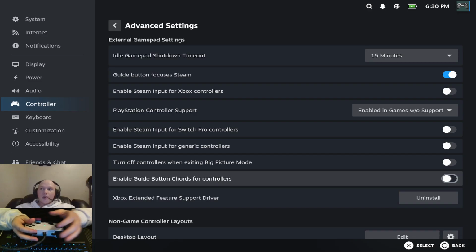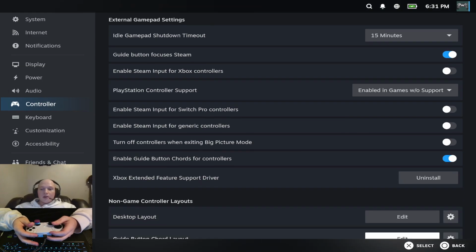So, I get a lot of comments on my last guide video that people can't get big picture mode working. They can't get the controller settings to pop up when they're in game. This is why. So go ahead and enable this and then go down